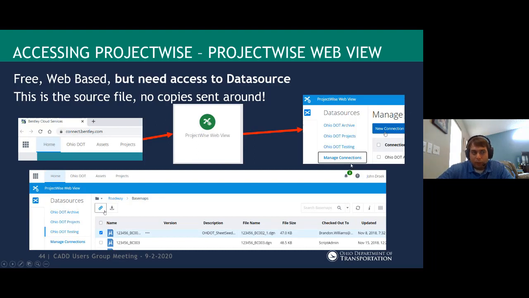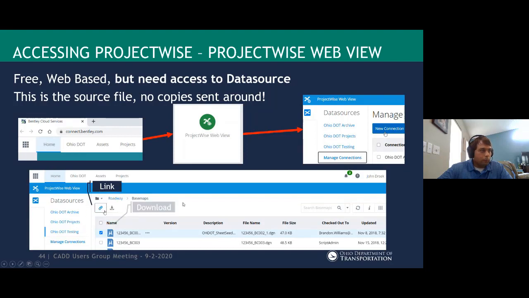If you guys are not ProjectWise users, you most likely won't have any data source connections. A connection is how you add a connection to someone's data source. So once you have a connection, you can navigate a tree. I just took a screenshot, and you can go into a given project, row database stamps. You can see, you can link and download. As long as that person has access and the data source connection set up, you can send them a link and it'll work, right?